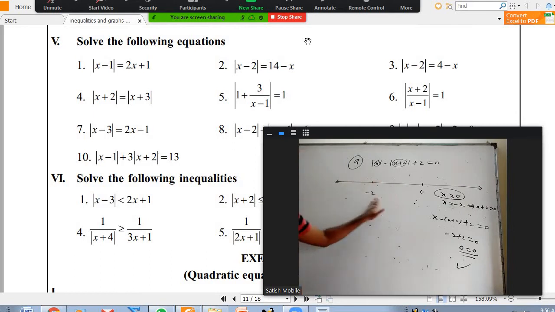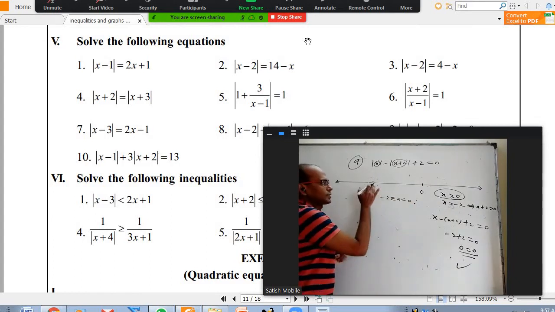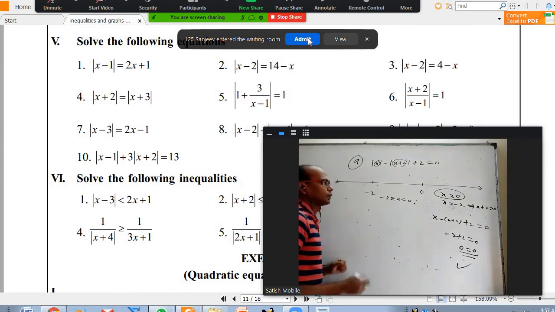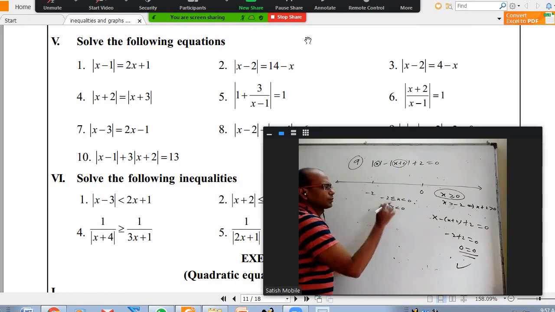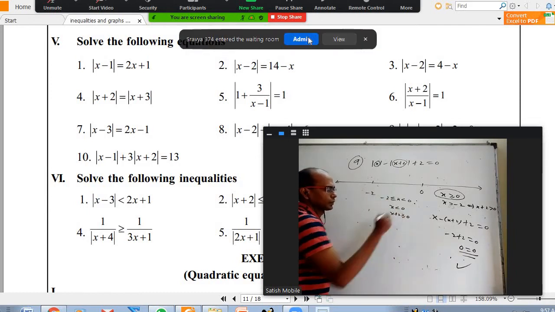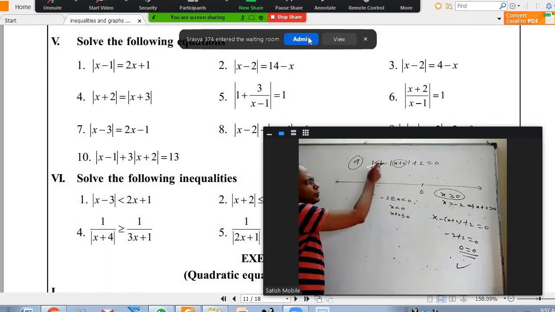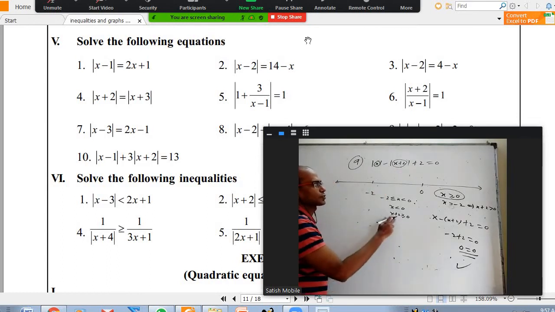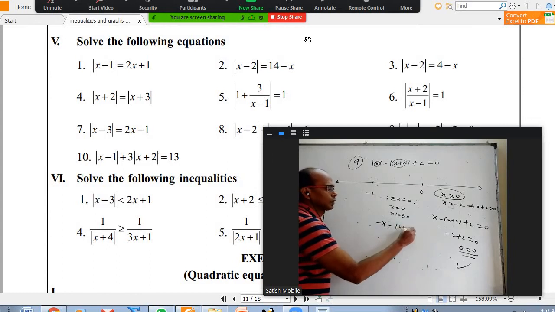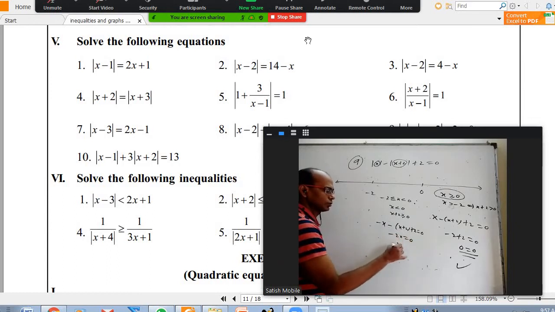What about here? Is there any solution? Let us check. I am going to take minus 2 less than or equal to x less than 0, this interval, all the x values here. During this time, x is less than 0 and x plus 2 is greater than or equal to 0. Correct? x is negative because it is before 0, but x plus 2 is positive. Because x is negative, mod x I should write minus x. And mod x plus 2 is positive, so I should write x plus 2 equal to 0. So minus 2 plus 2 will cancel, I'll get minus 2x equal to 0, x equal to 0.